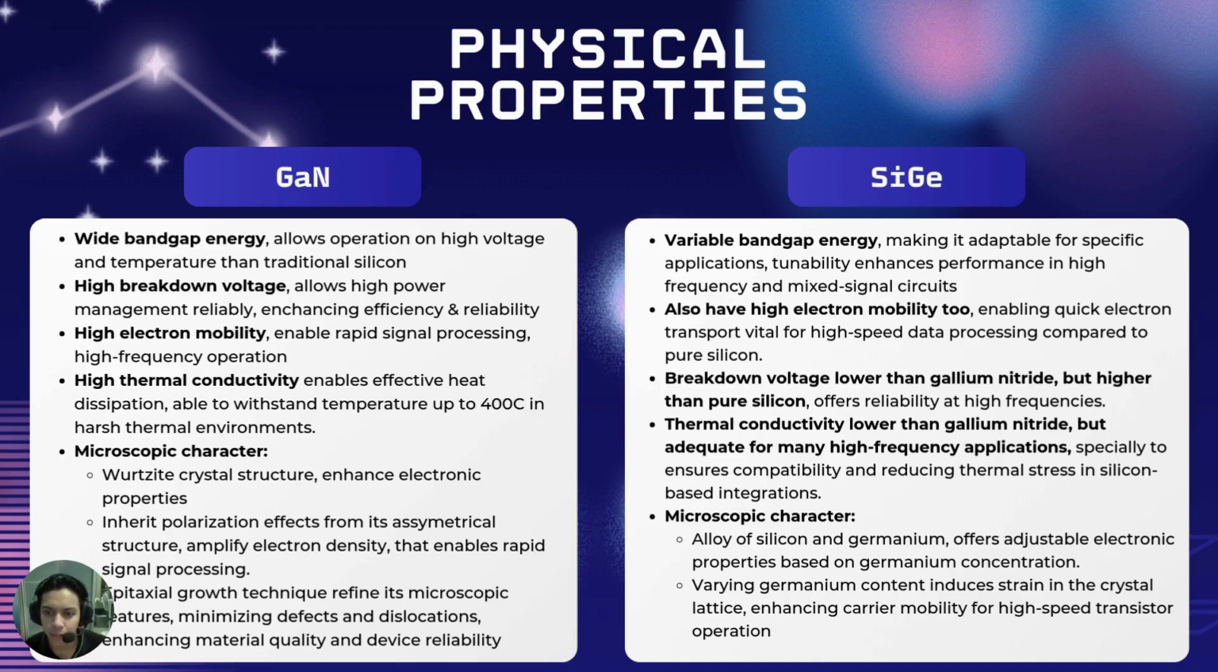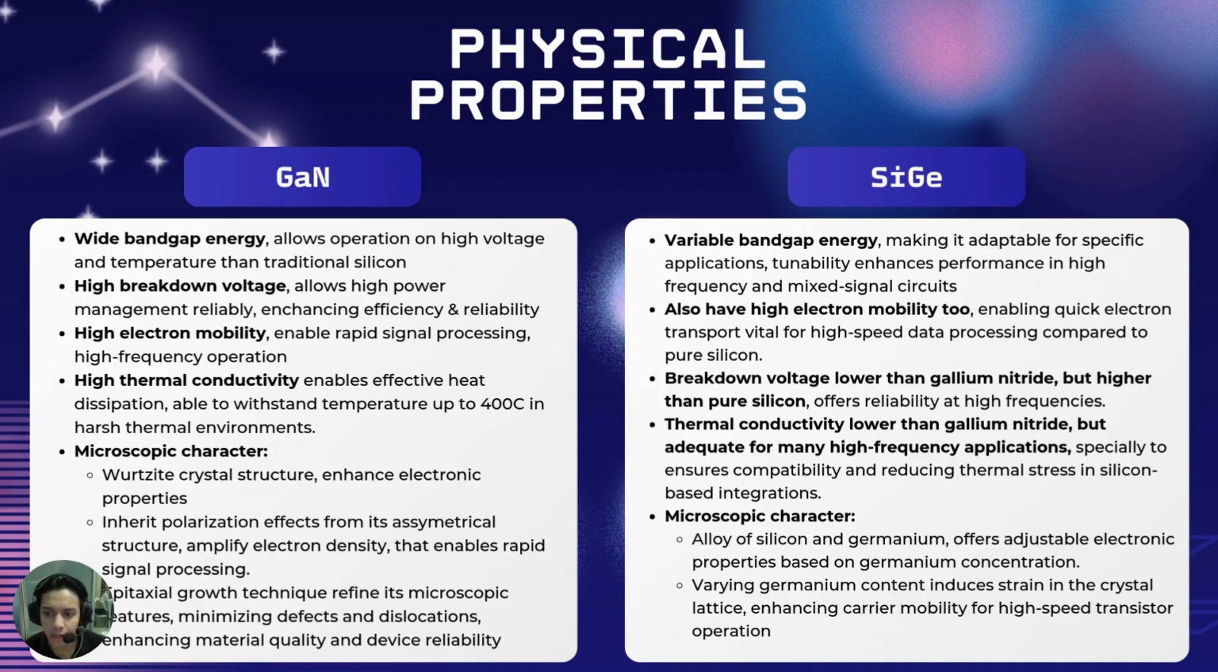The silicon germanium also boasts unique microscopic characteristics, which is ideal for diverse applications in 5G technology, as an alloy of silicon and germanium. It offers adjustable electronic properties based on germanium concentration, enabling tailored performance. Its notable characteristic lies in